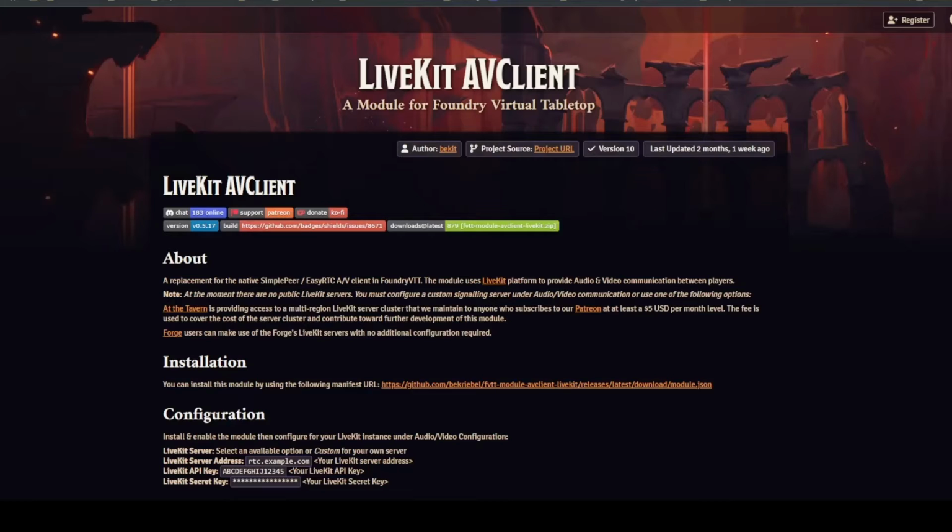This Foundry module came up recently, and I decided to give it a shot, and I discovered that for somebody who's not quite as good at coding, you might have a little bit of trouble setting this up as a self-hosted server. But there's been a fairly recent addition to the LiveKit source code, which is the LiveKit Cloud, which